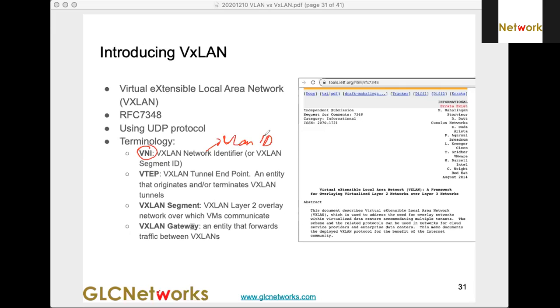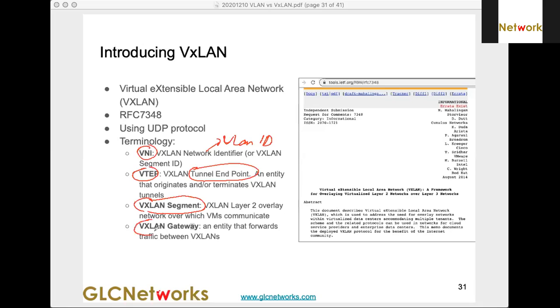Then we have the VxLAN tunnel endpoint, VTEP, an entity that originates and terminates VxLAN tunnels. Then there is the VxLAN segment, the segment where the VxLAN hosts stay.